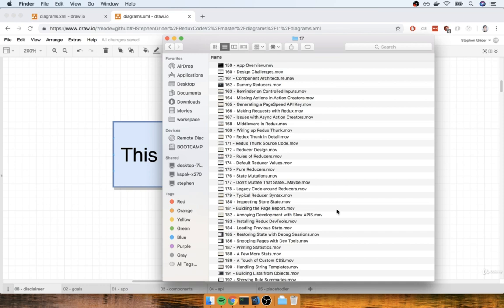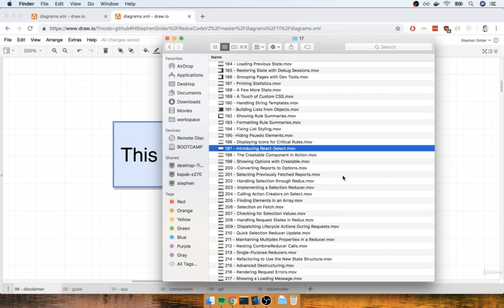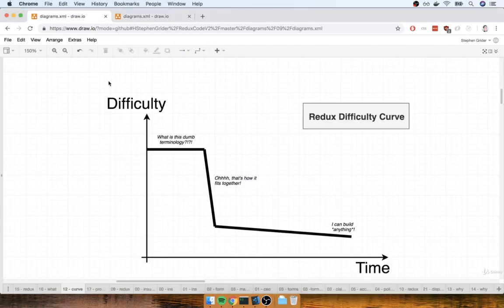So the purpose of this app is to teach you more about Redux, and having a neat application is really kind of like a side concern. We're really not concerned with making a super awesome app just yet because we're still in this learning mode of sorts. Remember, right now, as far as difficulty curve around Redux goes, we're still at this upper plateau right here, and we need to get over to this kind of big dip as soon as we possibly can. So this is going to be the last kind of boring application, and then I promise you we're going to look at some really interesting apps. Okay, so enough of that.